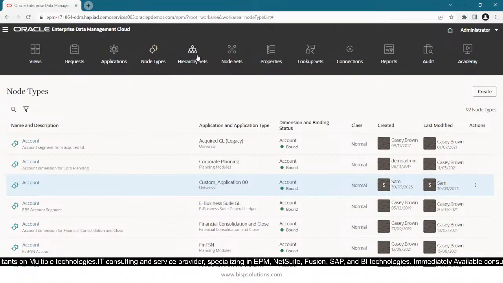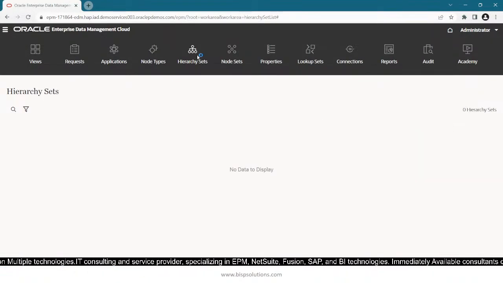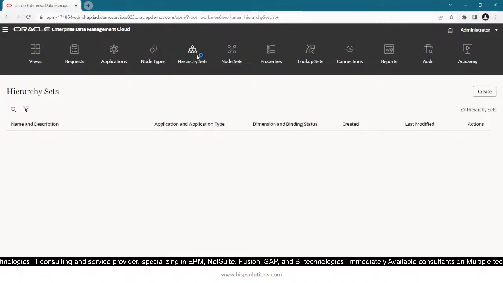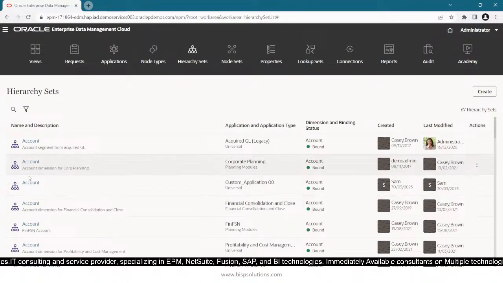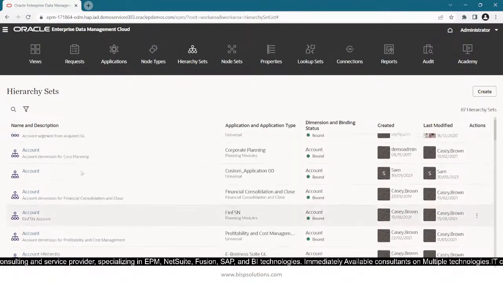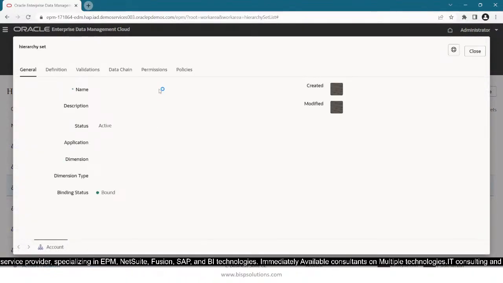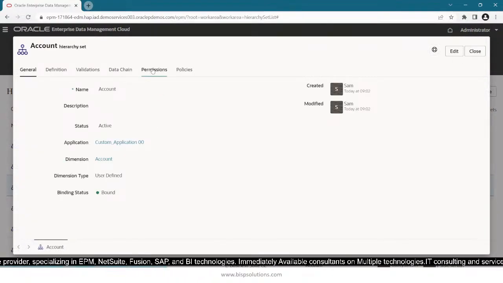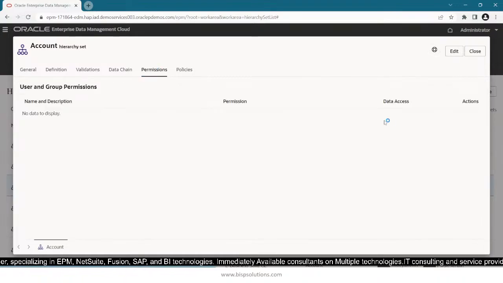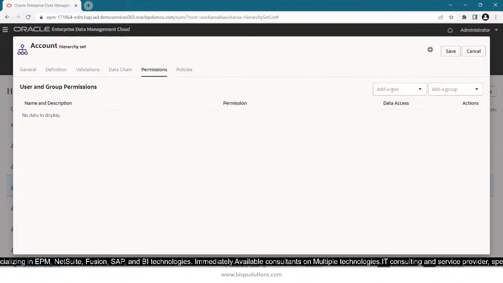Let's go to hierarchy set and see what permission we can give him. In the hierarchy sets, what permission can we assign? So again I will open the same hierarchy set for the customer application. Now we are simply giving the permission according to the data object. We are in hierarchy set, go to permissions and go to edit, and here I will select, suppose again,